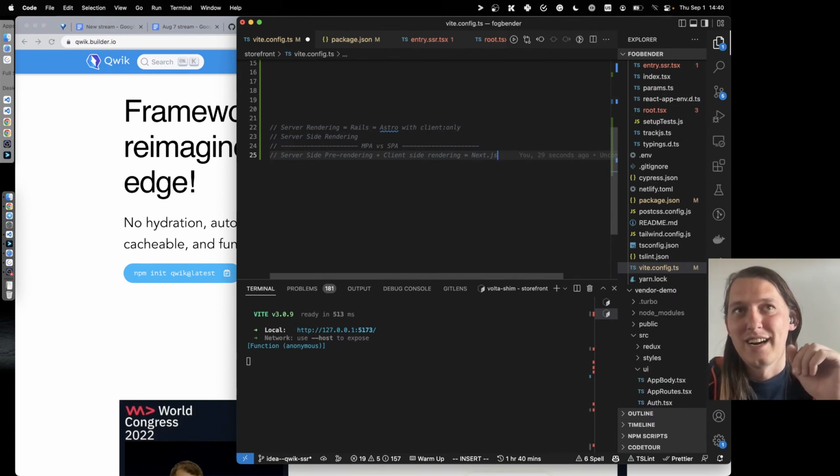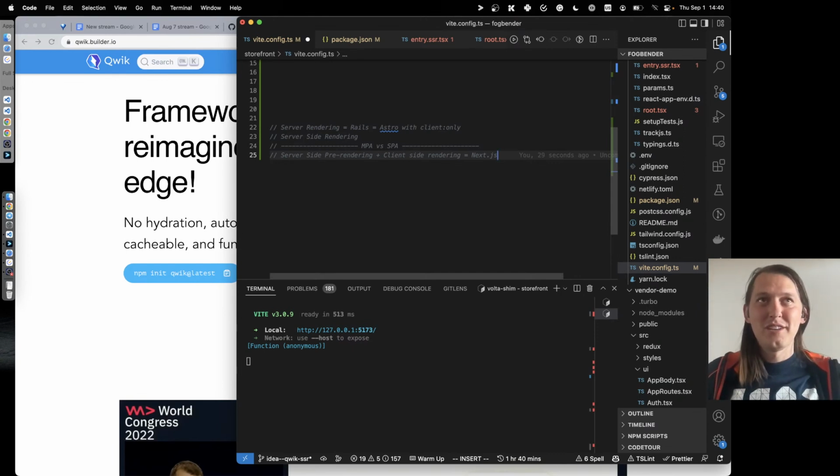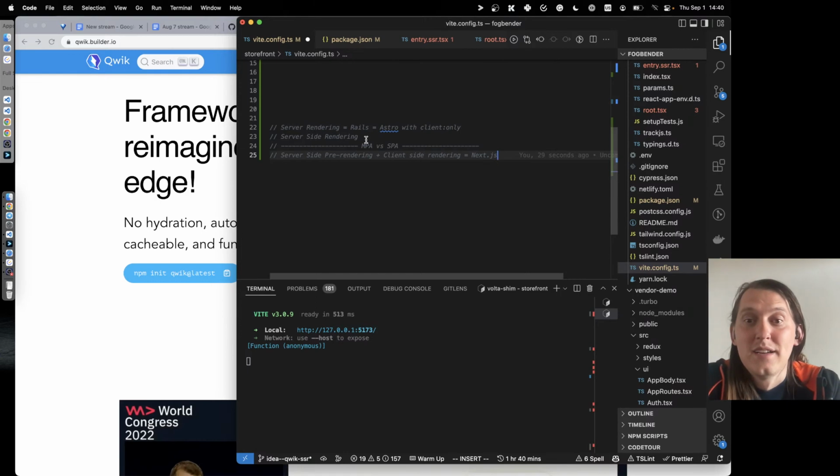Basically, Astro does nothing. It just renders Next. You will get a classic Next.js app. It will render client side, it will pre-render isomorphically and all that stuff. And that's why Astro is so interesting, because it can move across these kinds of lines. But